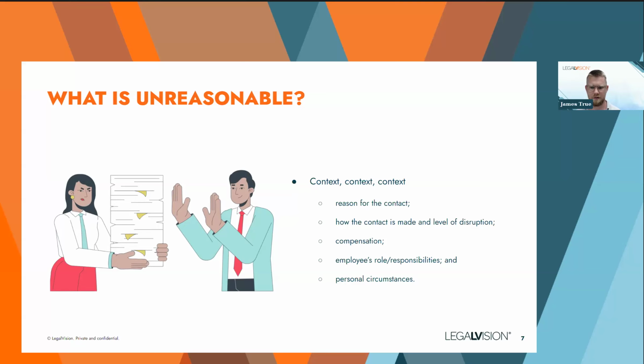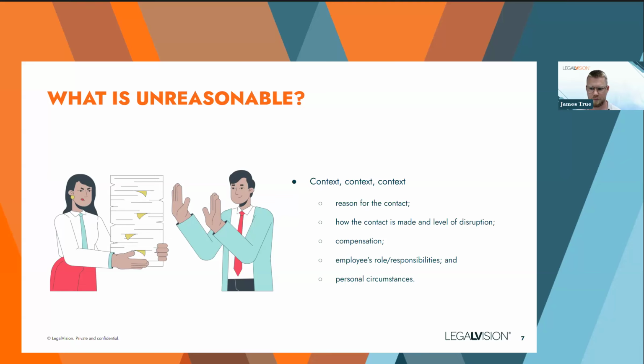So we can expect things like those who have care of a child, or other sort of carer type responsibilities outside of work, or whether there's a health condition that they're dealing with. All of those types of factors can be rolled into the consideration of unreasonable. Now, functionally then, if an employer is trying to contact someone, that person wants to exert their right, taking into account all of those factors.